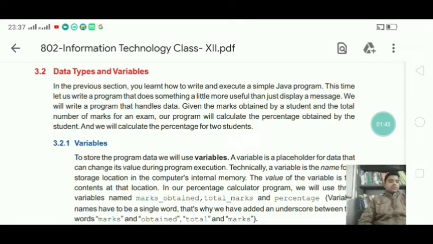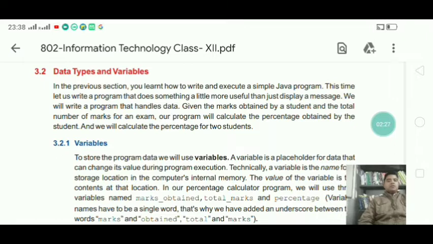So next thing is how to give the name of a variable. There are some rules and regulations to create variable names. So the first thing is variable names consist of only alphabets that may be in capital letter or small letter. Next, digits, underscores and dollar symbol.